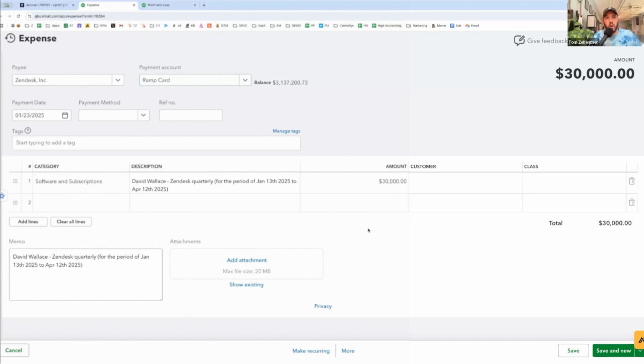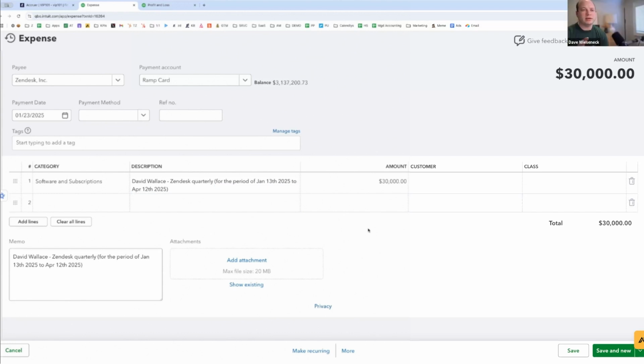That's sick. And then what Accruer does is, as soon as this is booked, Accruer sees the period that you put in a description and it runs automatically. So even if you're literally just working in Ramp and click sync, you don't even have to log into QuickBooks. It'll book those accruals for you in the background.